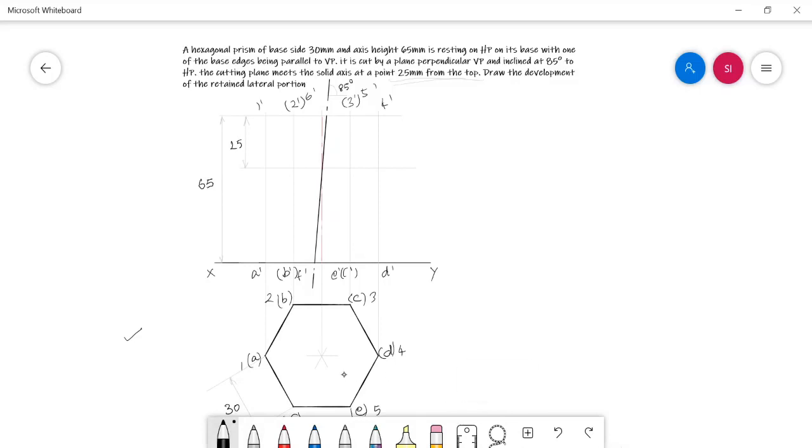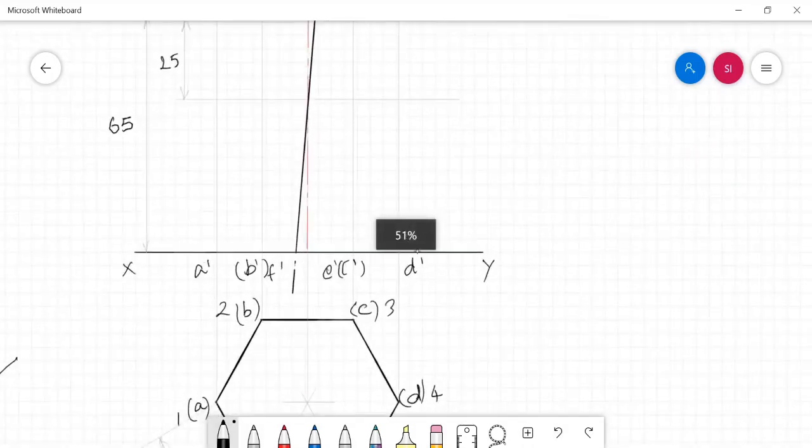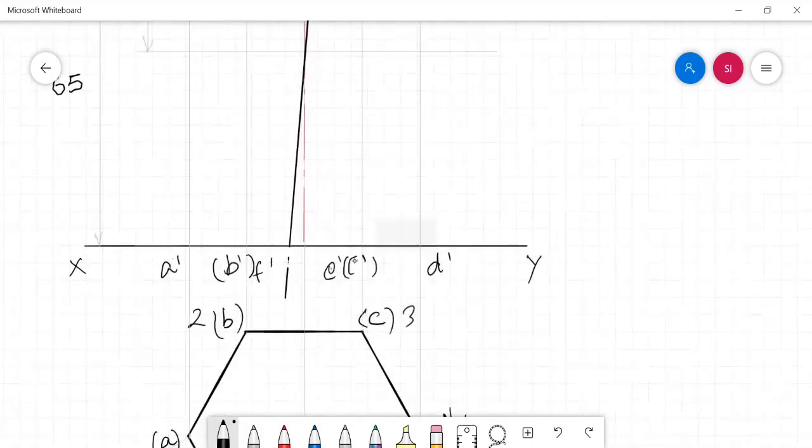Now I need to identify the cut points. Here, just start to travel from one end of the cutting plane. This is the first intersection. Just examine what edges are passing over this path. See here, B dash, C dash, F dash, E dash. Two base edges are passing in this range. So the cutting plane is attacking two base edges at this part, so I need to give two cut points.